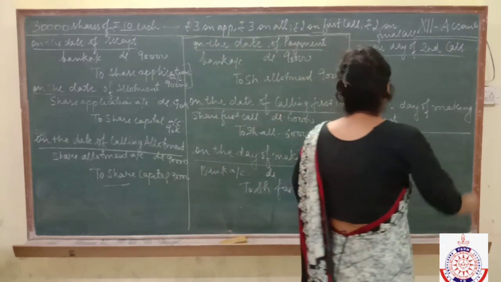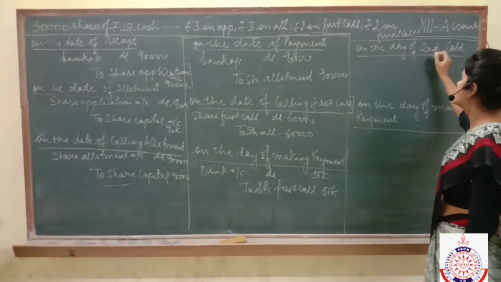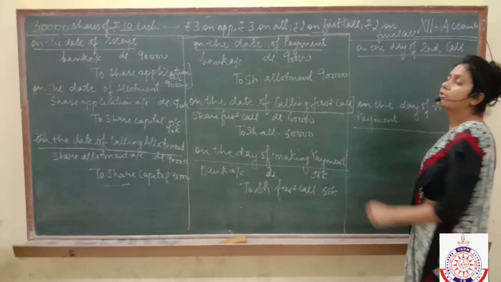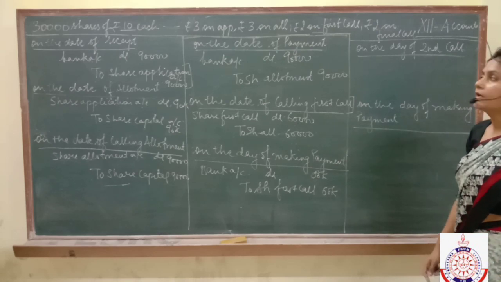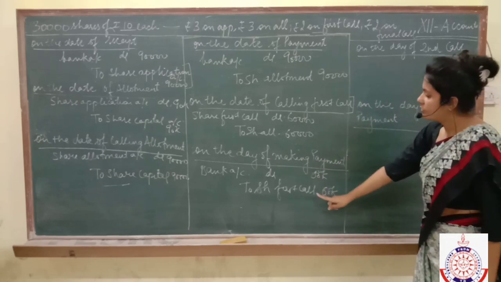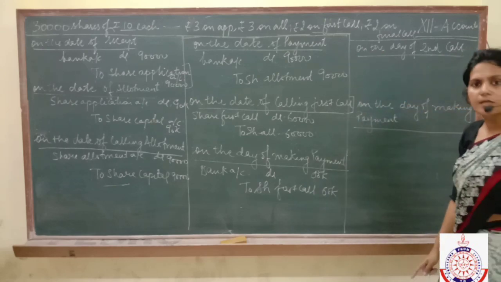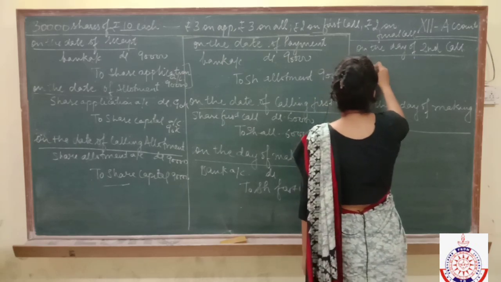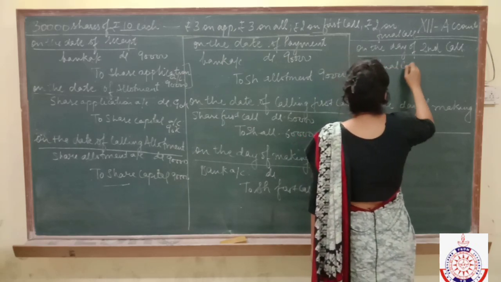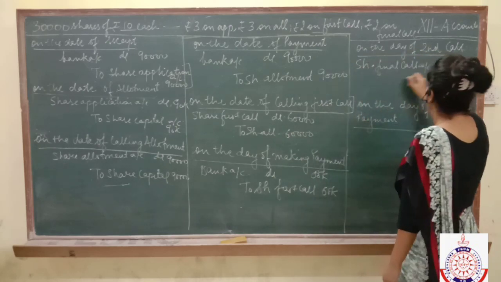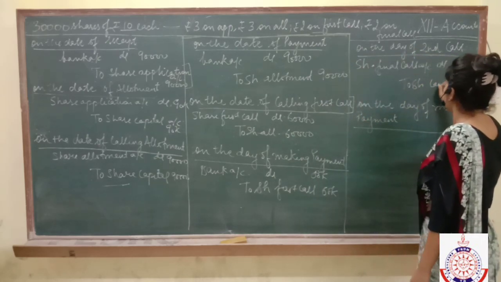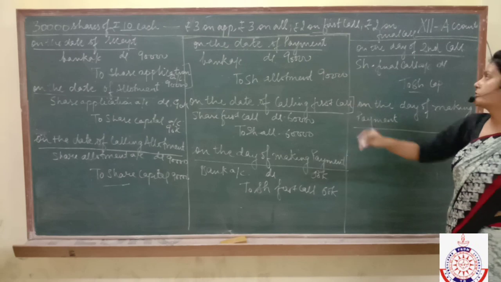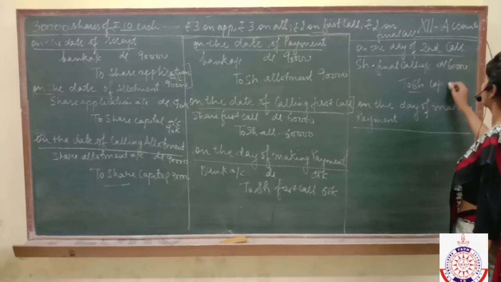Now here comes the turn of the last installment, which is known as second call or final call. You will tell your shareholders to make you the payment of the final installment. First of all you will inform them, and the duration between the first call and second call should be 1 month. So after a gap of 1 month, you will tell your shareholders to make the payment of the final call. You will pass the entry: share final call account debited to share capital account. Got it? The amount is 2, shares are 30,000. So again total 60,000.